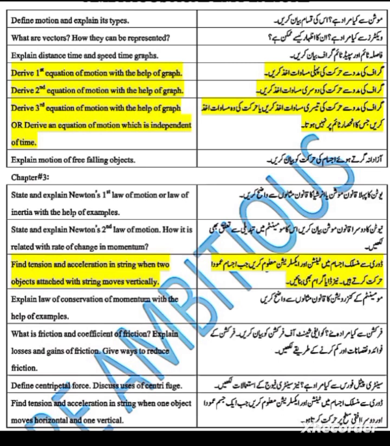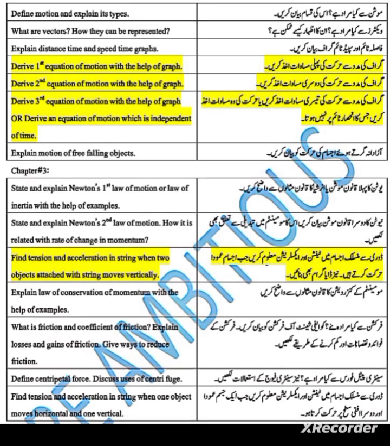Define motion and explain its types. What are vectors, how they can be expressed? Explain the distance time graph. Derive first equation of motion with the help of graph, derive second equation of motion with the help of graph, derive third equation of motion with the help of graph. Explain motion of freely falling bodies।